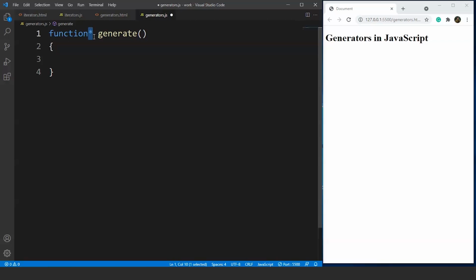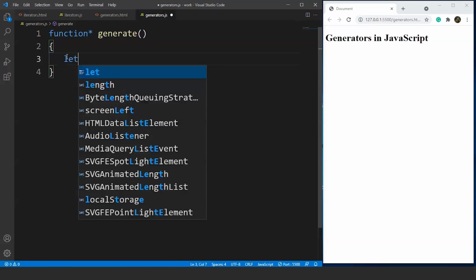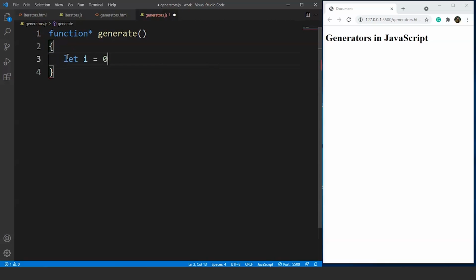Now inside this function, we have to write the part which we want to access. Let's say we write let i = 0. So i is the variable that we'll be using for traversing purposes, and then we'll write yield BMW.